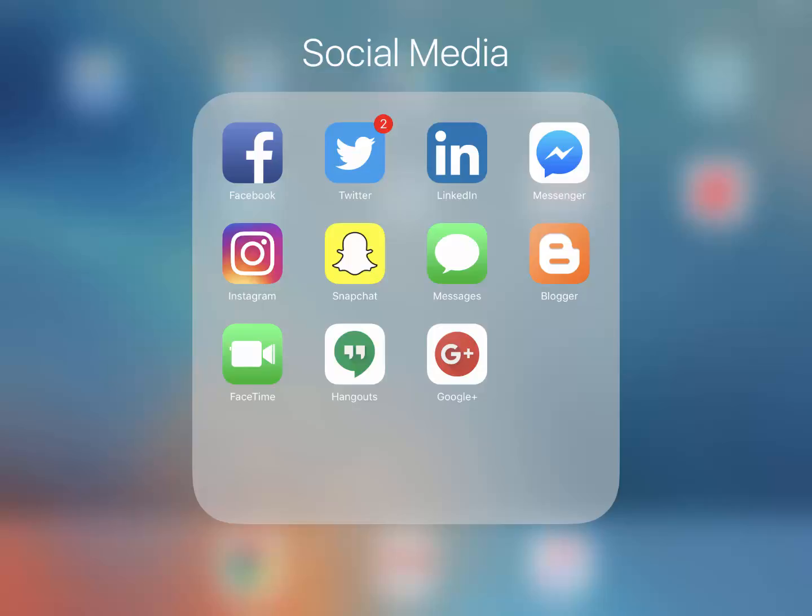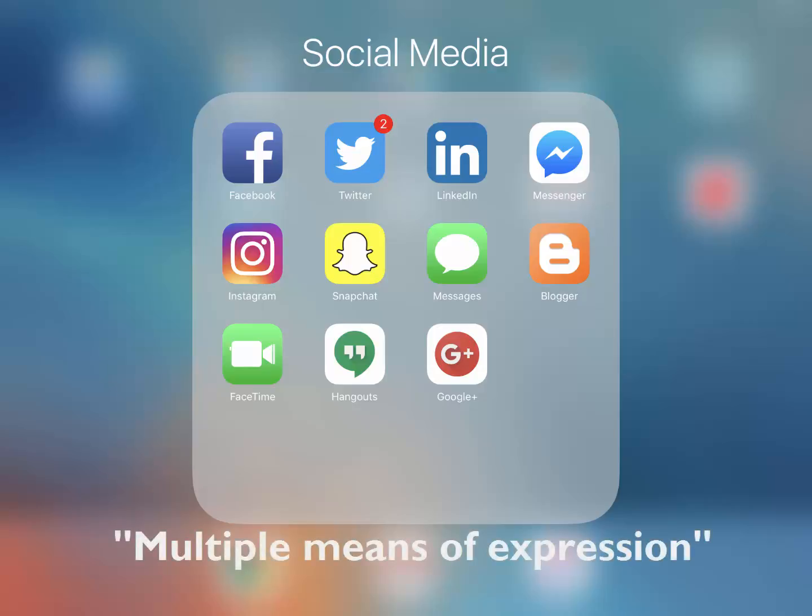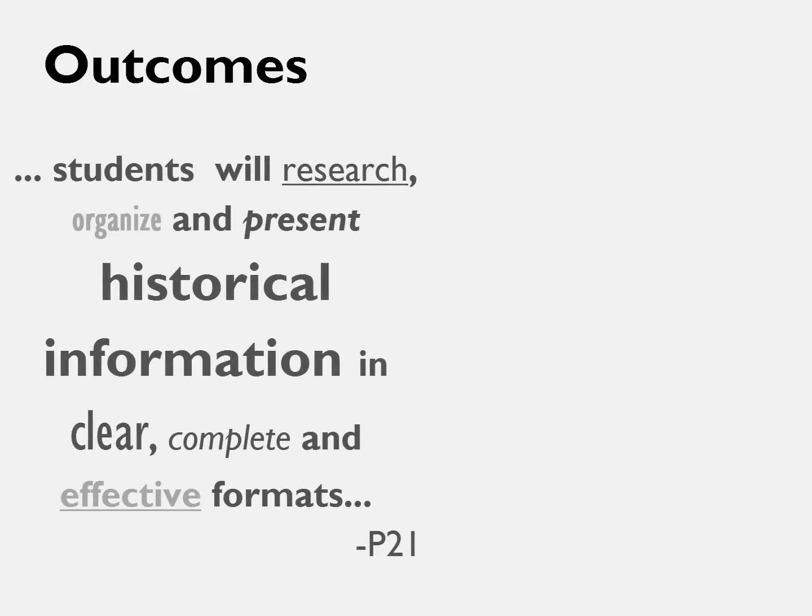To replace the report or book report themed assessment, my instructional focus will be on communication. I will specifically target the use of multiple means of expression when it comes to communicating information effectively. Again, the outcome of this skill is for students to be able to research, organize, and present historical information in